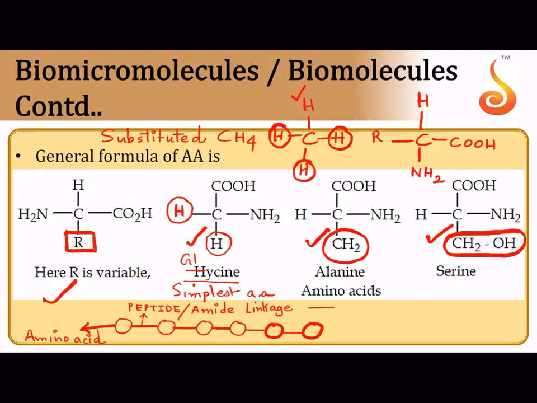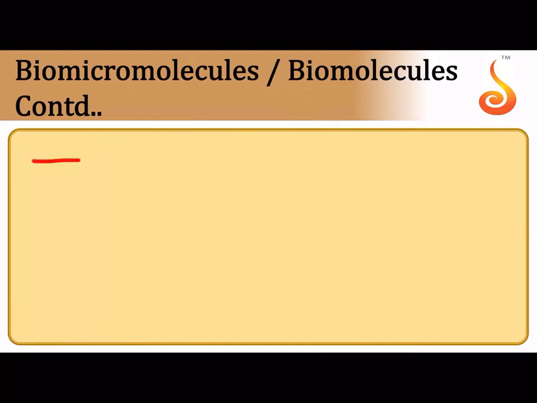So all of you remember, its chemical constitution is C double bond O, N single bond H. So it's called the CONH bond. And this CONH bond connects amino acid 1 to 2, 2 to 3, 3 to 4, 4 to 5, 5 to 6 and so on, and it forms a polypeptide chain. This bond which holds the amino acids together in a polymer is referred to as a peptide bond.